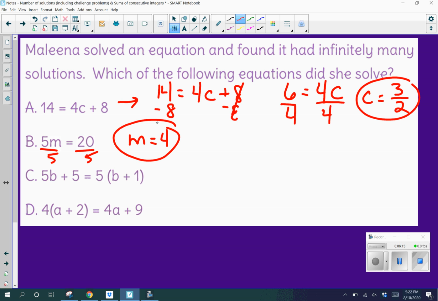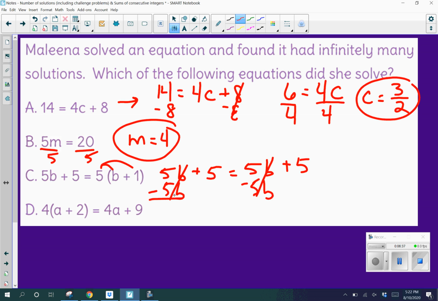example of one solution. Here, I'm going to distribute. I'm going to keep my left-hand side the same, and then I'm going to distribute my 5. So that's going to leave me with 5b plus 5. Right away, I can see I'm going to have infinitely many solutions, because if I subtract 5b on both sides, I'm going to be left with 5 equals 5, which is true, which means that we have infinitely many solutions